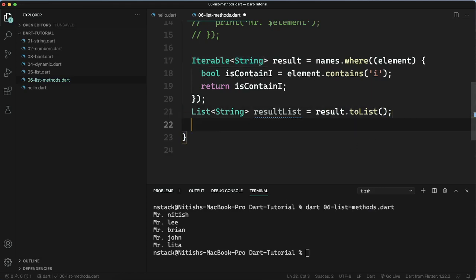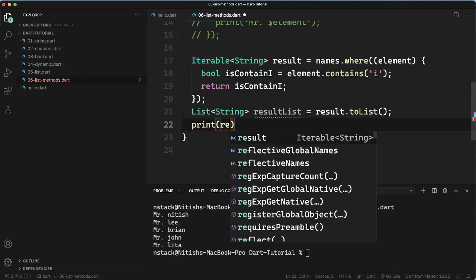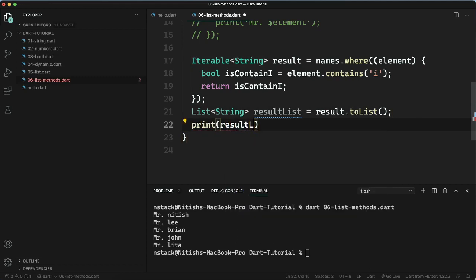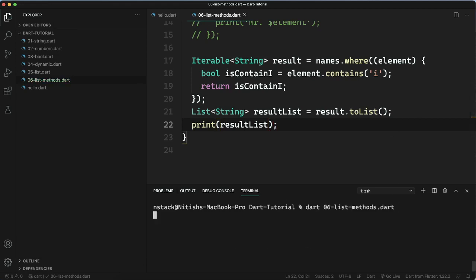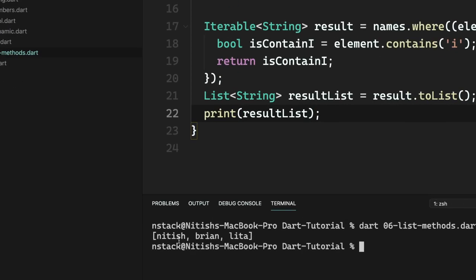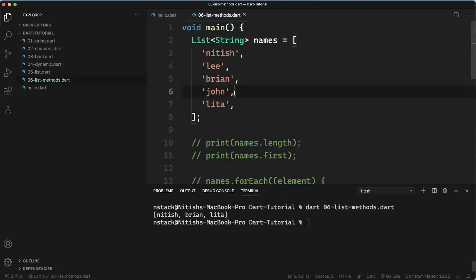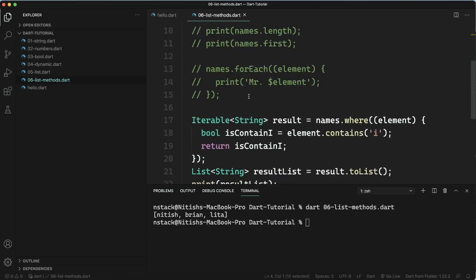That's it. Now we will come here and print result list. Let's see if it works. Yeah, you can see that we got all the names which contain I: Nitish, Brian and Lita. There were two more names, John and Lee, which do not contain the letter I. We did not get those names.